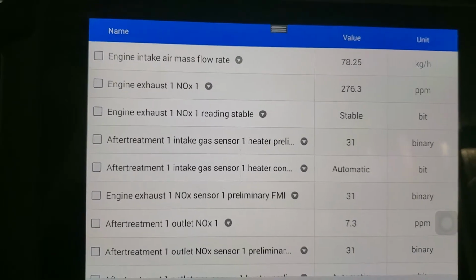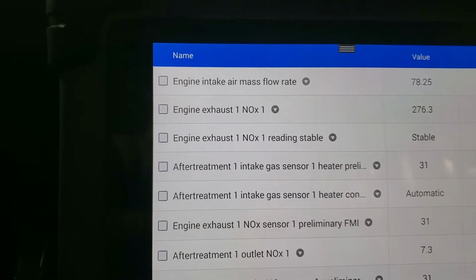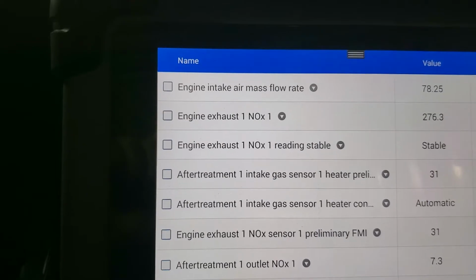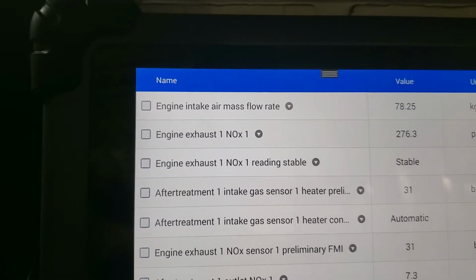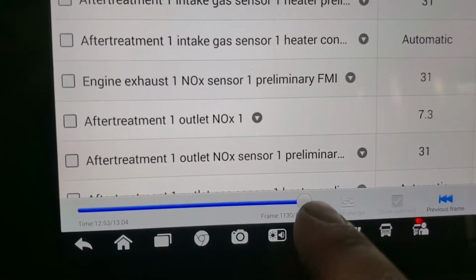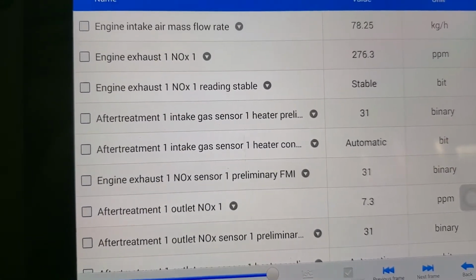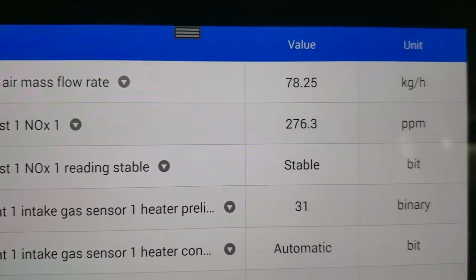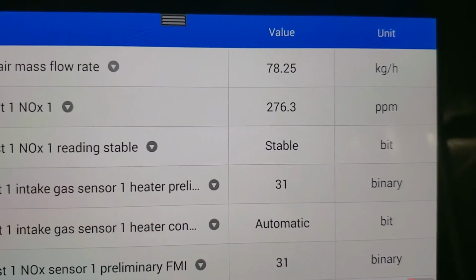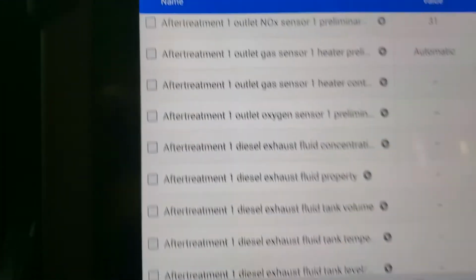and I graphed some data. I looked at a couple of different things like mass airflow rate, or air mass flow rate, sorry. And then I looked at my engine intake NOx, and I also looked at the DEF quality PIDs as well. As you see here at the very end of the test drive, on my recording with the Autel commercial vehicle tool, I noticed that my intake NOx was still holding. I had 276.3 parts per million. The NOx 1 reading was stable, but when I scrolled down here to the